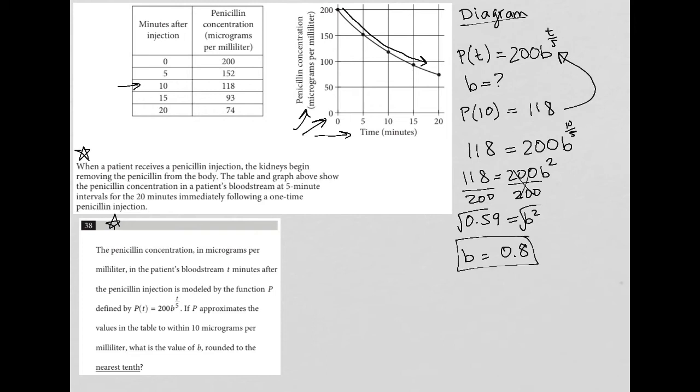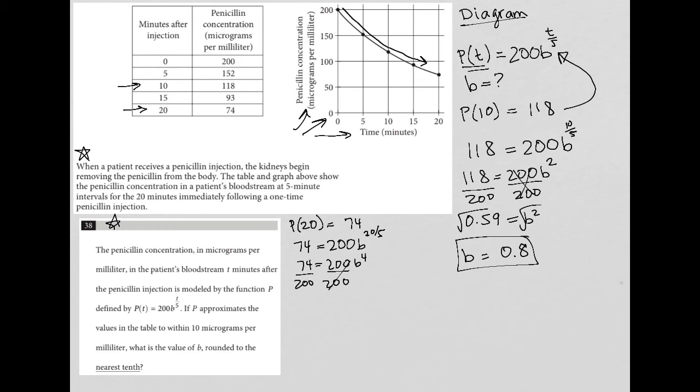And let's just try this one more time. Let's say I chose this row here instead. So that tells me that P of 20 is equal to 74. So now, again, let's replace the P of T with 74. And then we still have our 200B to the T over 5. So instead of T over 5, it would become 20 over 5. So I'd have 74 equals 200 B to the 4th power, because 20 divided by 5 is 4. And then again, I can divide both sides by 200. So in my calculator,